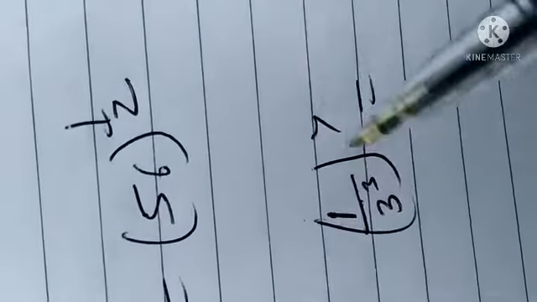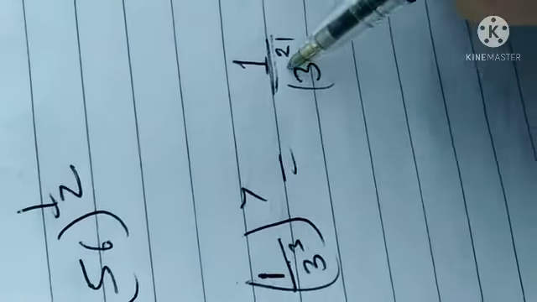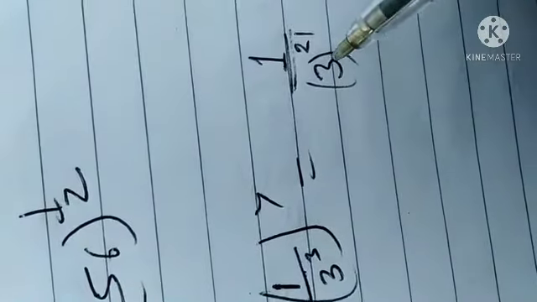The second part of the third question I am doing again: 1 upon 3 to the power 3 and whole to the power 7. If you split the power, then 1 power 7 means 1 only. And if you take this power 7 down, then 7 times 3 is 21. So that is 3 to the power 21. This is your final answer: 1 upon 3 to the power 21. If you want to make it negative, it's your choice, you can write 3 to the power minus 21. Otherwise, this is the correct answer. Okay. Thank you.